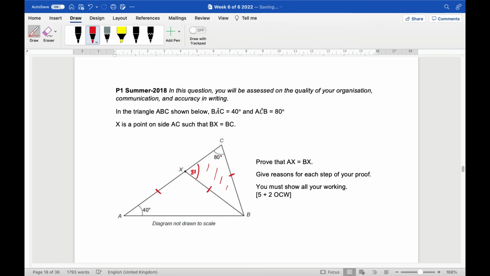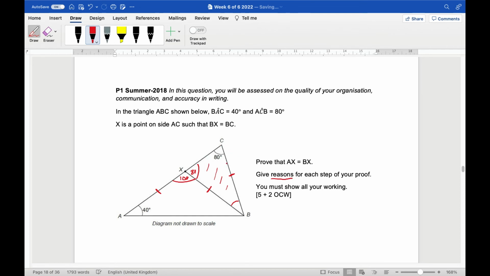It's 80, okay? Because they've got to be the same. Right, we can go about this a couple of ways now, I suppose. We could work this angle out because we know they add up to 180. I don't know if that one will help me too much. The other angle I can definitely work out is that one, because these two add up to 180, so this must be 100. So my reasoning so far, because I haven't written this because it says give reasons, so you'll say